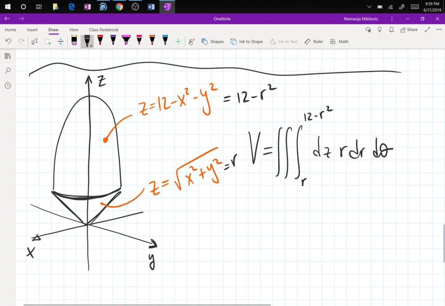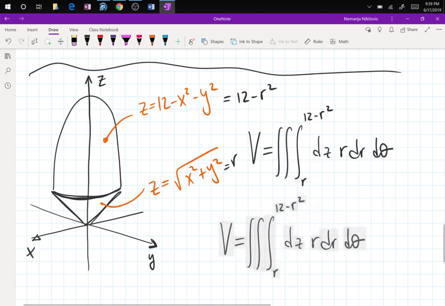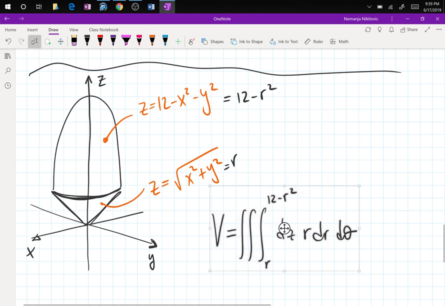Great. So now that I have that, I have one more piece of information. First of all, we see that the entire thing over here is round, so I know that 0 and 2 pi are on the outer for theta, right? The only thing that I don't know is the radius. I know it starts at 0. The question is, what is the radius when this is the fattest? And that's going to be, looking at the domain,